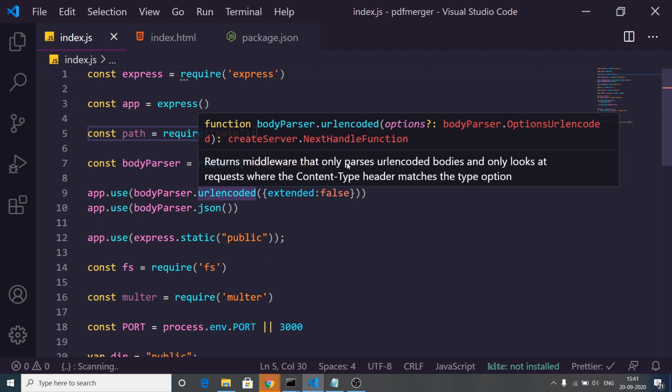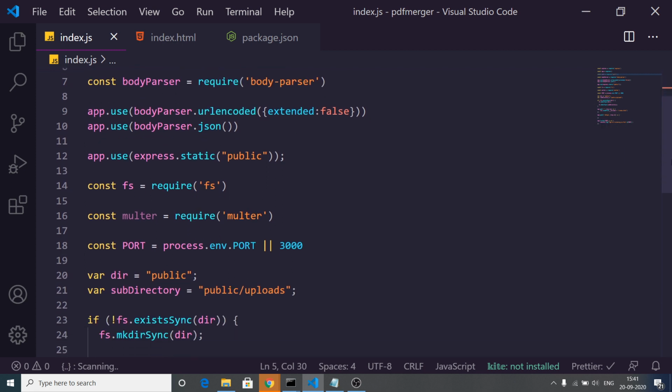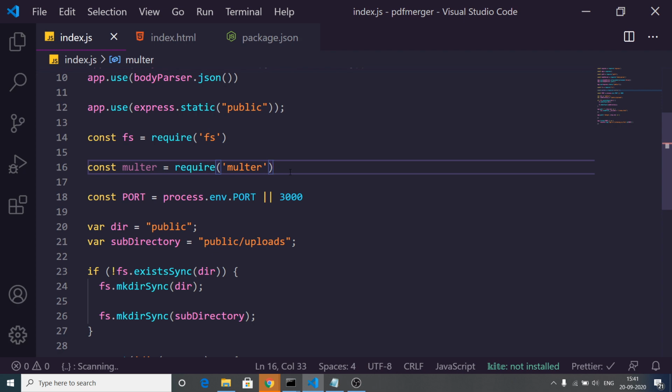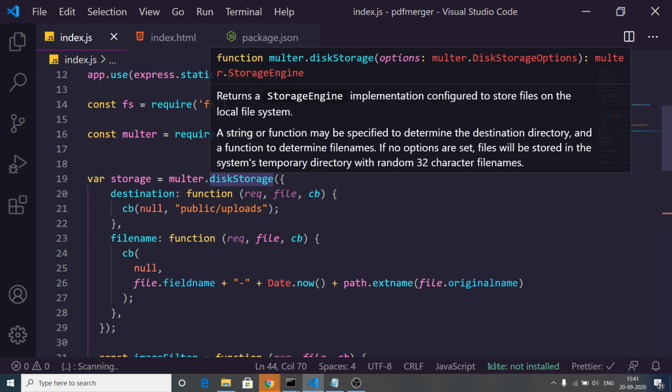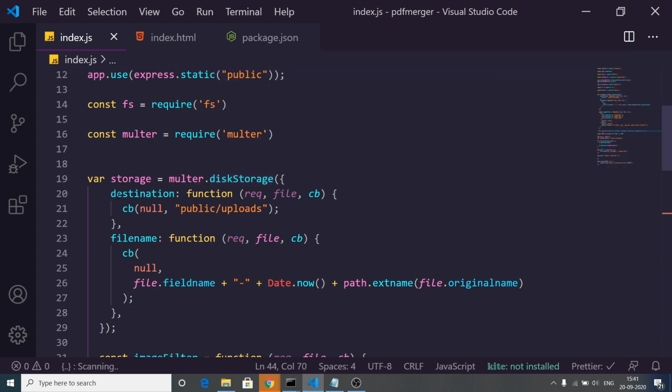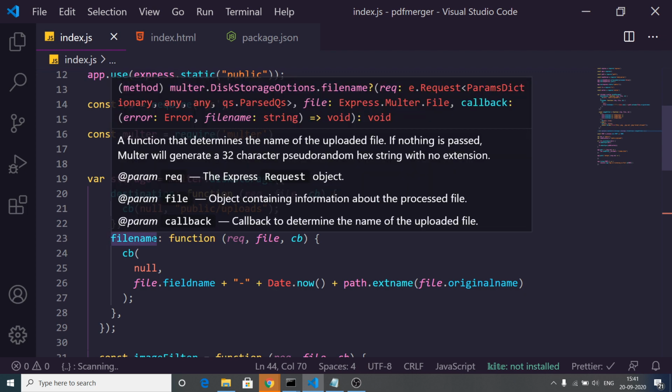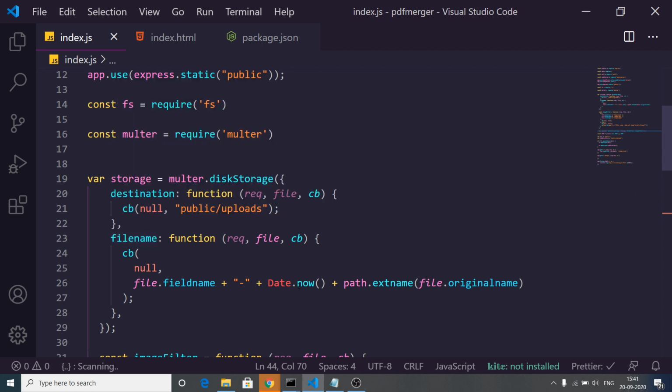If you have followed my previous videos, you will definitely know what we are doing here. First of all, inside the storage, we are making use of the diskStorage function of Multer. In the first argument, destination, we are telling Multer where we are storing these files. So we are storing inside the public folder, /uploads. The second argument is the filename. We are giving a dynamic name to every file uploaded through Multer using the Date.now function, and then concatenating the extension of the file by using the path.extname function.